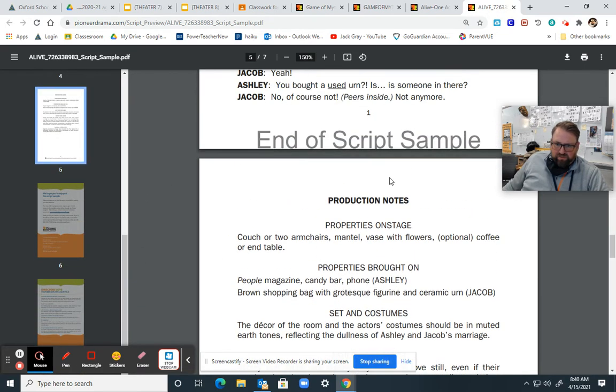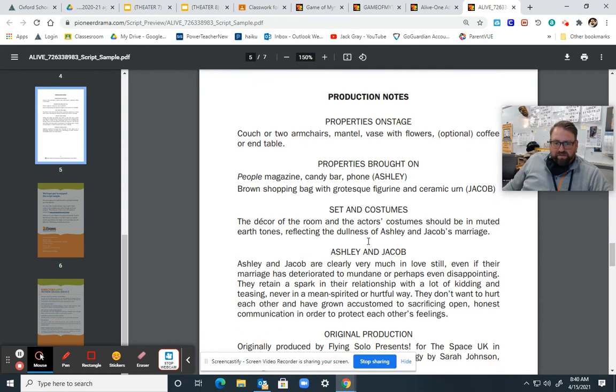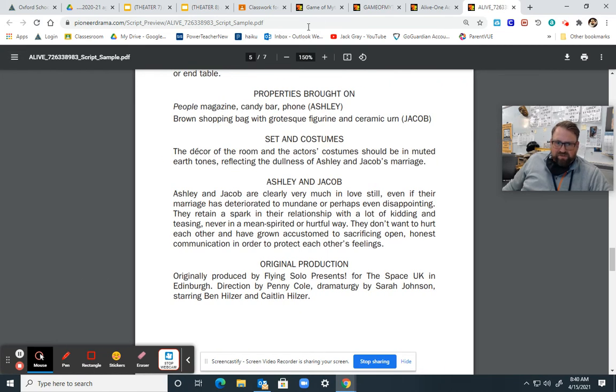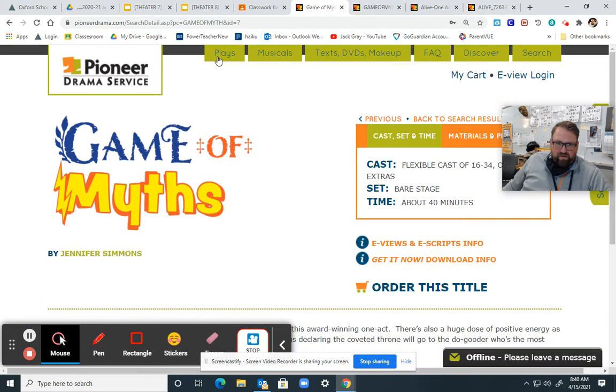And then at the end, there'll be some production notes, props that are on stage. Props is short for properties, fun fact. Set and costumes. So it'll explain some of that. So some of these are very simple sets. Others of them are a little more complicated. I'm going to show you